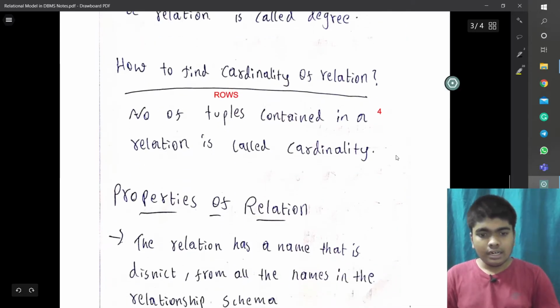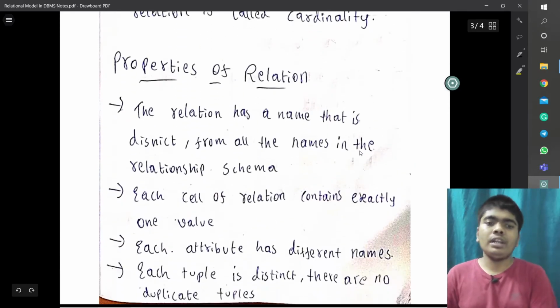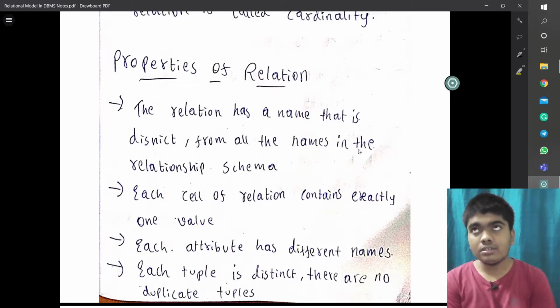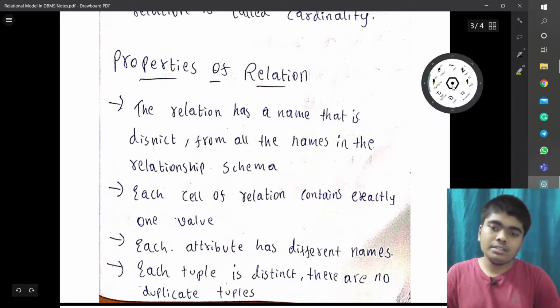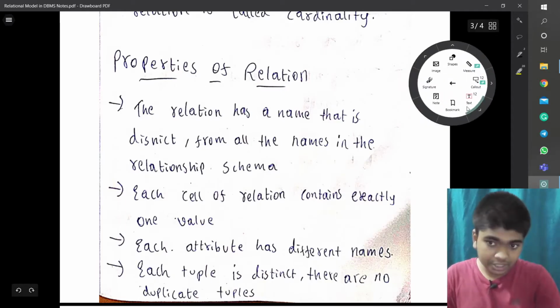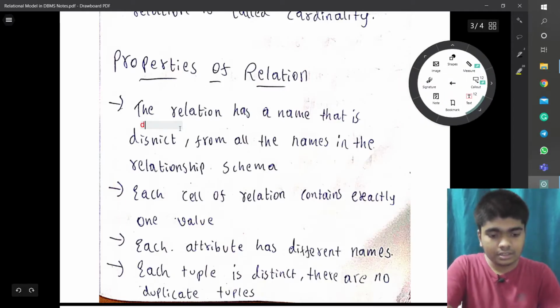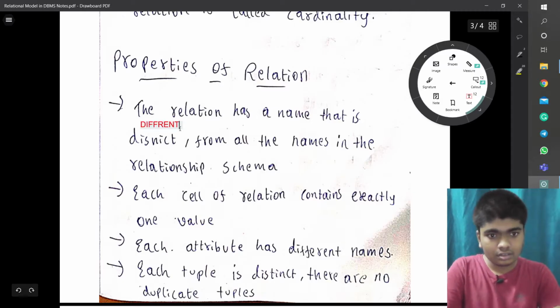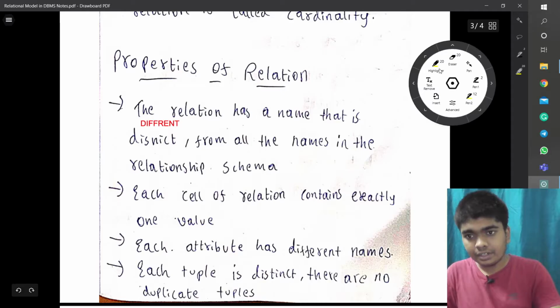Now let us know the properties of a relation. So the properties of the relation are: the relation has a name that is distinct, which is different. So distinct in the sense different. So let me just mention it here. Distinct is different. And then a relation has a name that is different from all the names in a